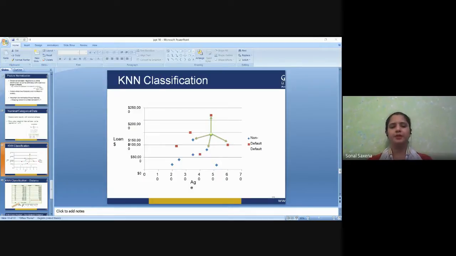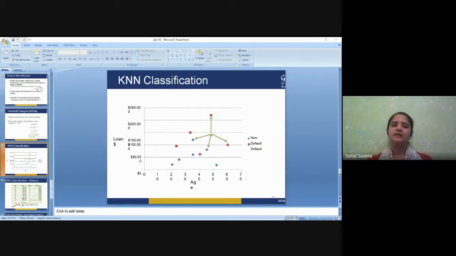Now, talking about the properties, KNN is a special case of a variable bandwidth kernel density balloon estimator with a uniform kernel. The naive version of the algorithm is easy to implement by computing the distances from the test examples to all stored examples, but it is commonly computationally intensive for large training sets. Using an approximate nearest neighbor search algorithm makes KNN computationally tractable even for large datasets. Many neighbor search algorithms have been proposed over the years. These generally seek to reduce the number of distance evaluations actually performed.